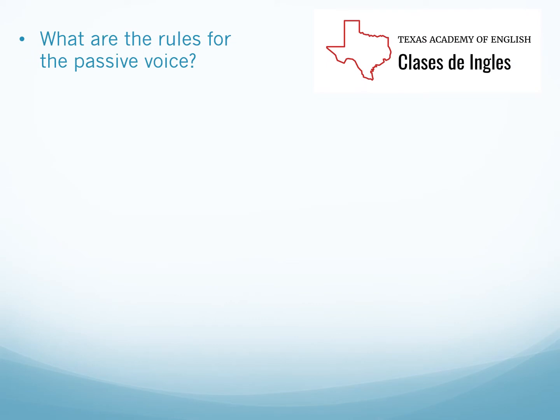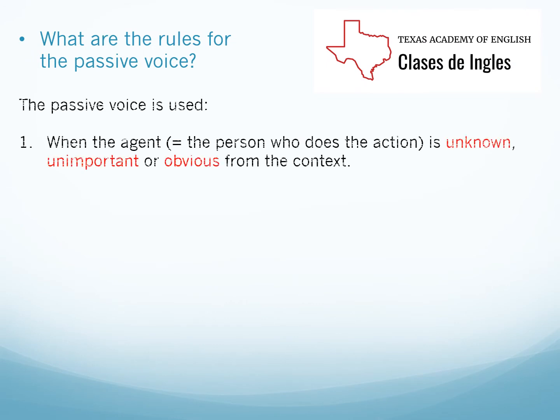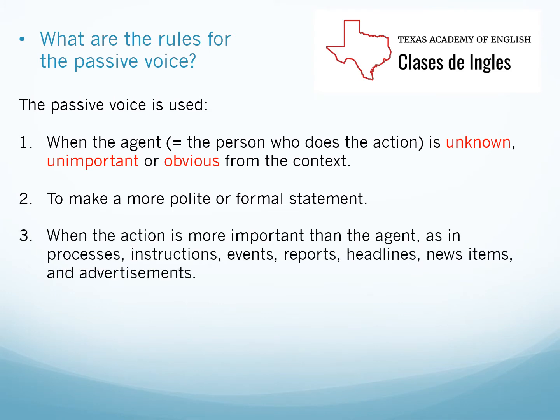What are the rules for the passive voice? Well, I will share four rules for the passive voice. The passive voice is used when the agent, or the person who does the action, is unknown, unimportant, or obvious from the context. It is also used to make a more polite or formal statement, or when the action is